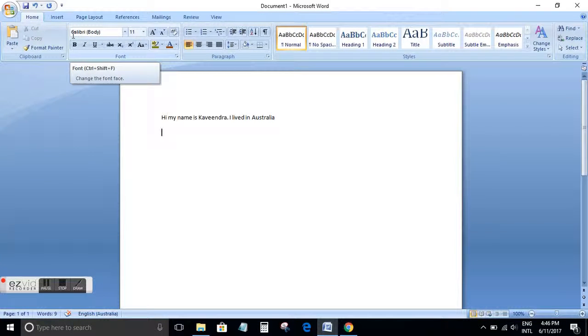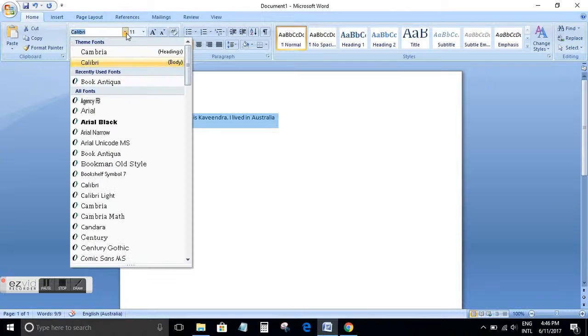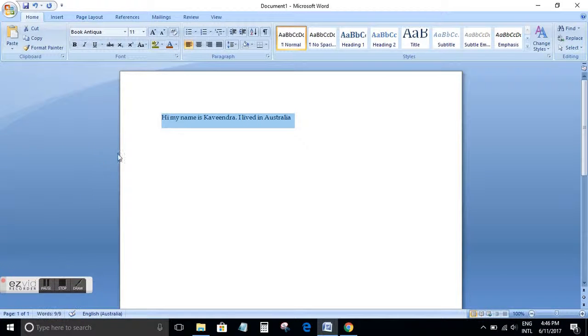so the default font here is Calibri. So let's say I want to change the font type. What I have to do is highlight and then select the necessary font that I want to apply. I'm personally interested in the Book Antiqua font, so I just selected that. So that's the font